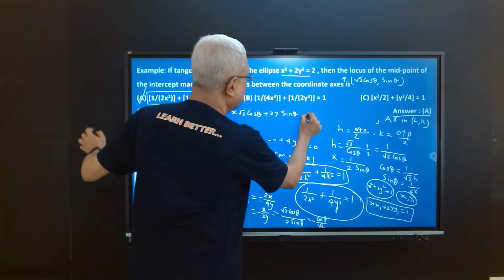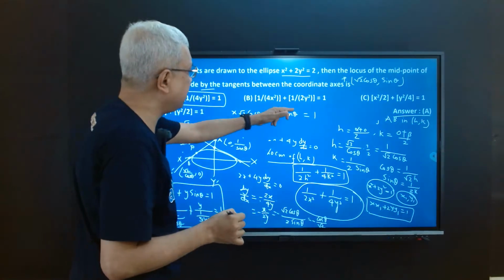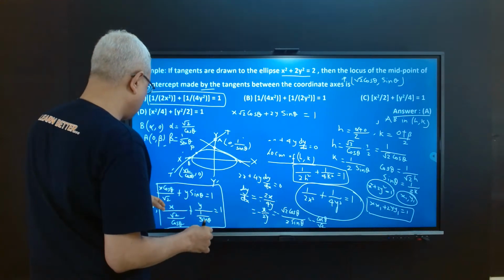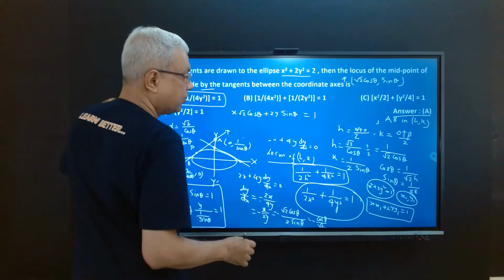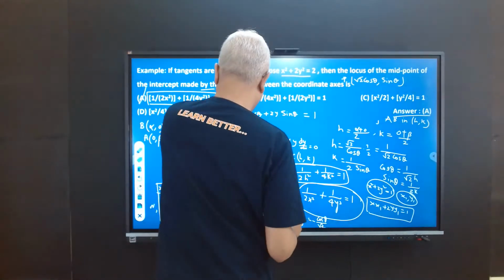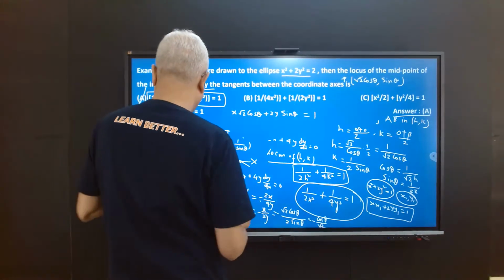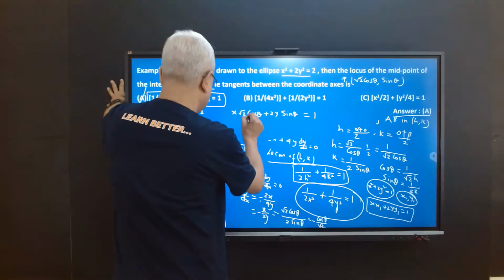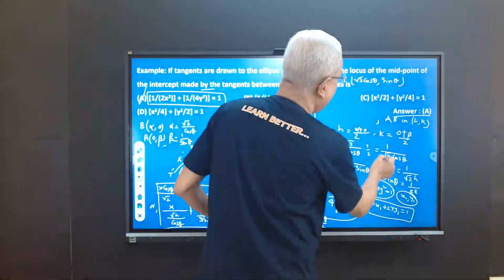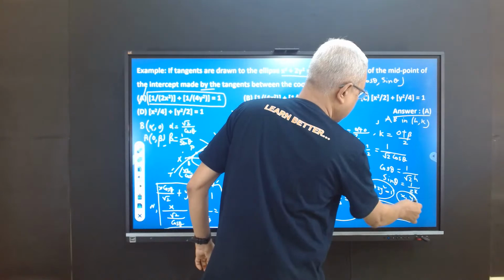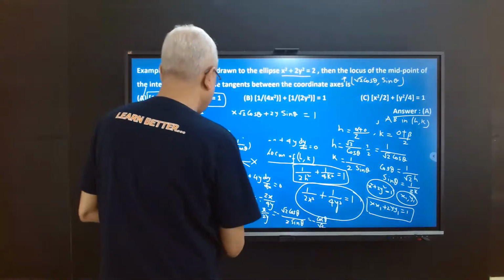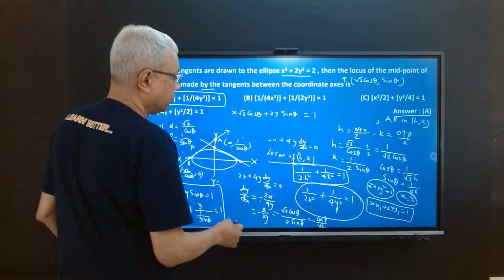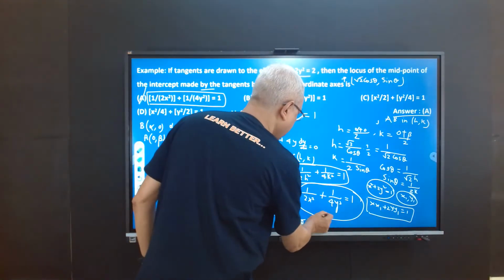Okay, is equal to 1. So I can readily write the equation of the tangent like this. What is happening? x into root 2 cos theta plus 2y sin theta equal to 1. So this is actually x square plus 2y square equal to 1. From that you can find out the equation of the tangent. So equation of the tangent, we wrote it is